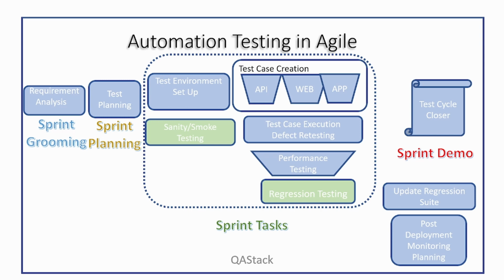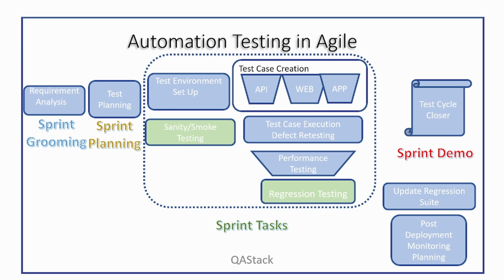After this, the story goes to deployment, but the QA is still not over. Post deployment, logs need to be monitored for quite some time to analyze any production bugs. In case any production bugs are reported, then proper RCA should be done to find out the root cause, and these defects should be mapped to test cases. Along with this, the regression suite should also be updated for the newly introduced code so that this forms the base regression suite for the forthcoming releases. So this was the entire testing journey in an agile model.